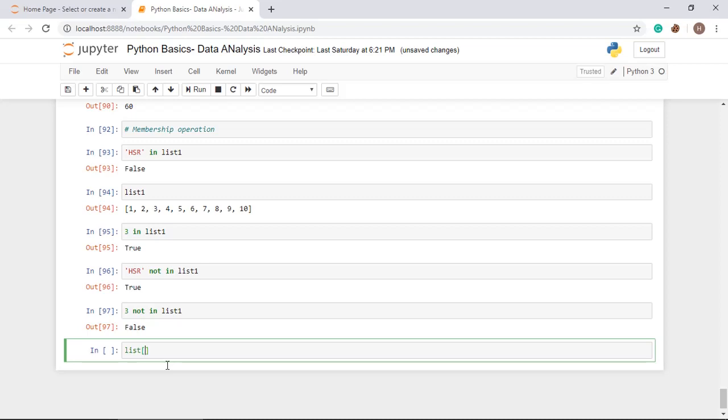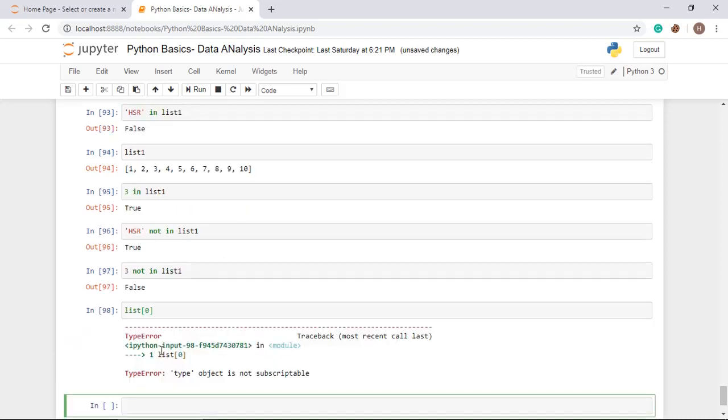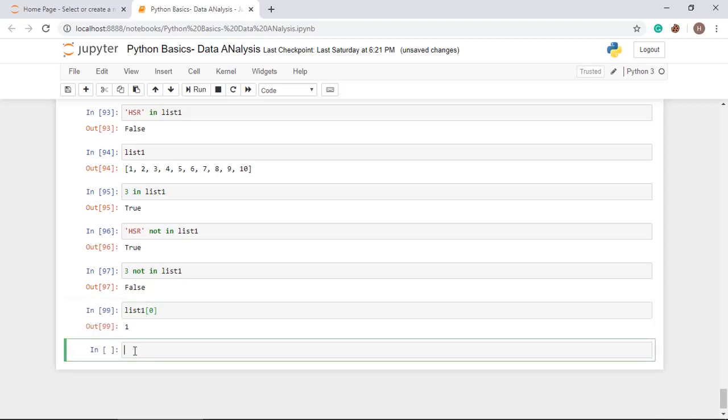In the same manner, all the elements of a list have a particular address, and that address is denoted by the index, and it starts with 0. Okay, so 0, 1, 2, 3, 4, 5, 6, 7, 8, 9 in this way.